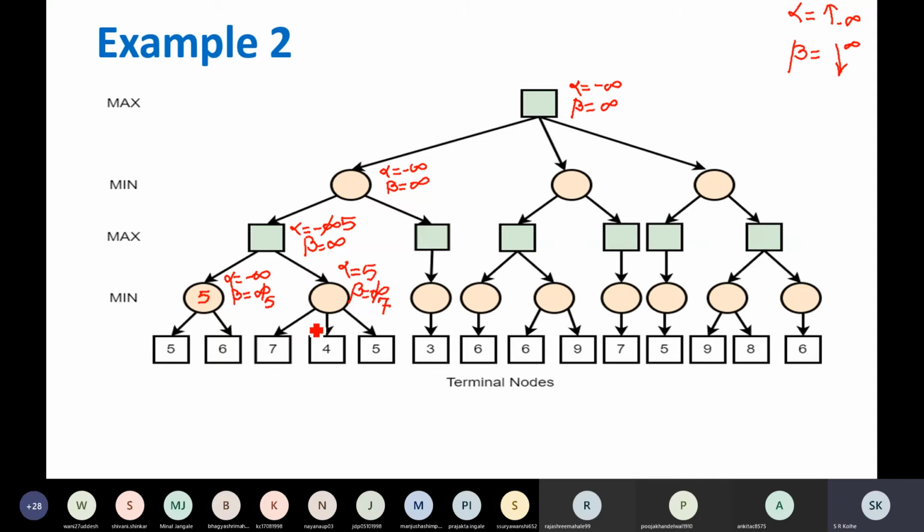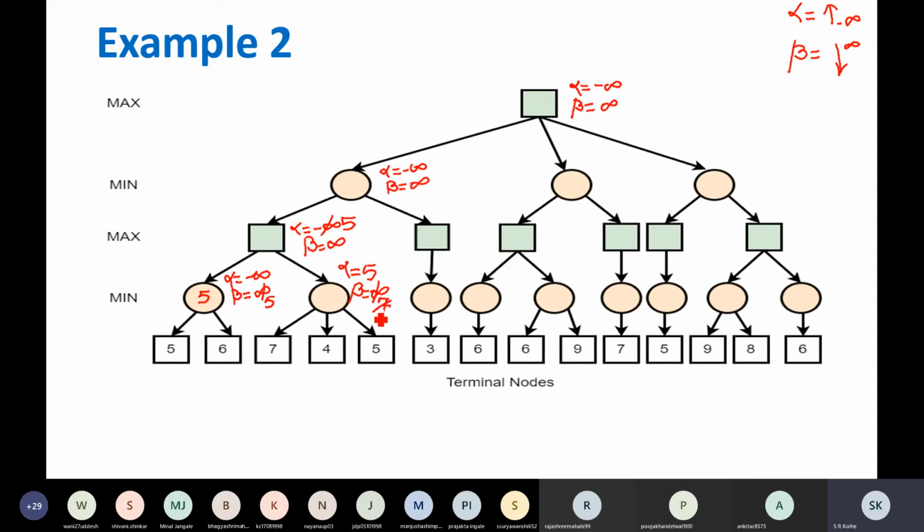Then it will backtrack and come over here. The value is 4. Every time you are making sure that alpha is not greater than or equal to beta. Alpha is not greater than or equal to beta. So you move here. Value is 4. Is 4 better than 7? Yes, sir. Beta will decrease.